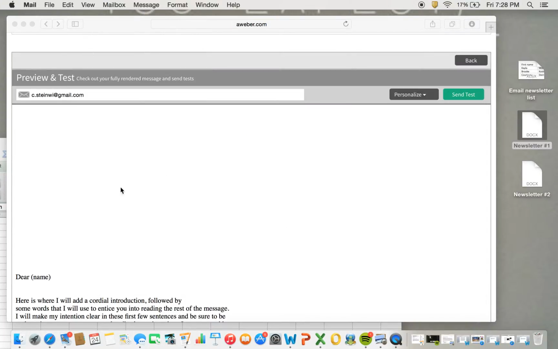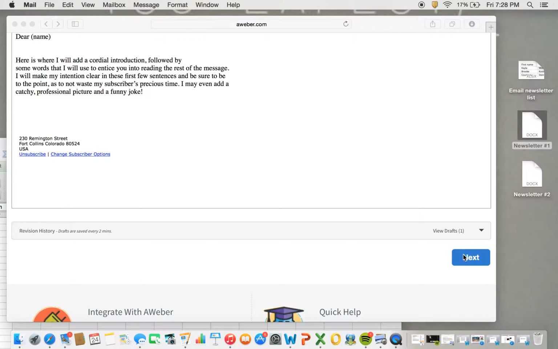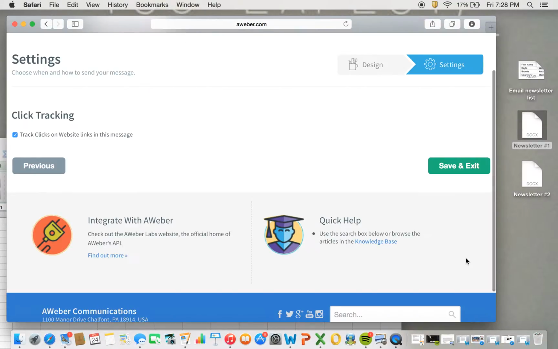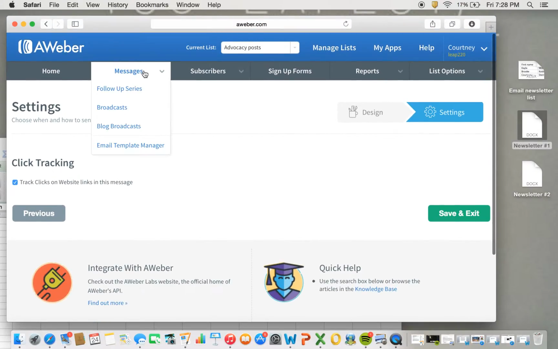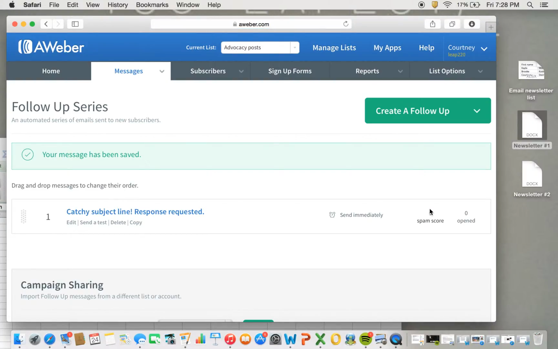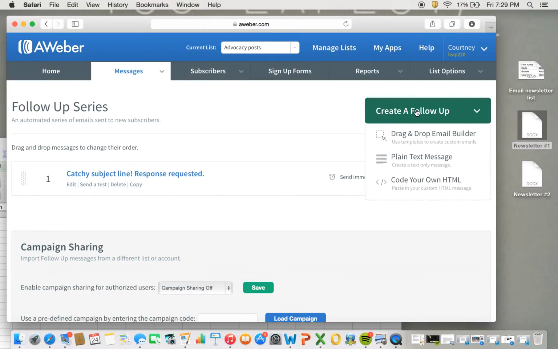And if everything looks good, you can go back to Aweber, click on Next, and click Save and Exit. You'll see now that your message has been saved. So you're going to want to add more emails to your autoresponder sequence. It's easiest if you're using a template to click copy, but since we didn't, we are going to